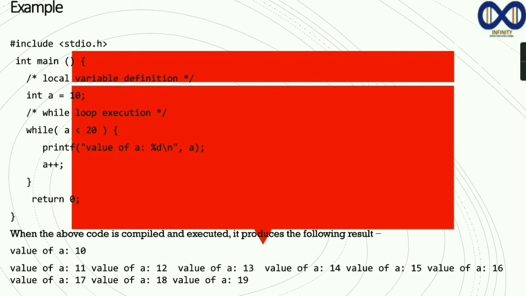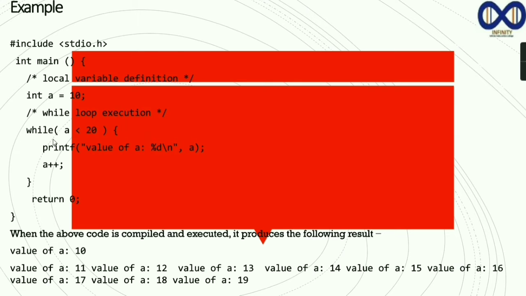So this is the program, with the main structure of the program, and then after the local variable definition, the while loop is executed. Here we have used the while loop, and the condition is that a is less than 20, and here the value of a is 10. So while a is less than 20, the program is true, and it will print a as a plus 1, that is 11, 12, 13,